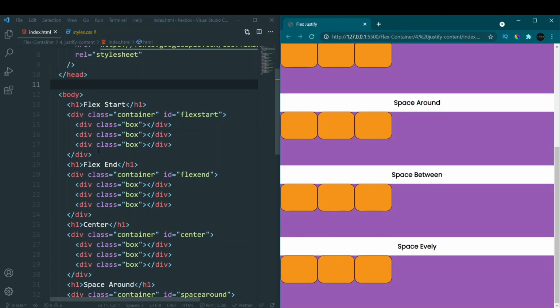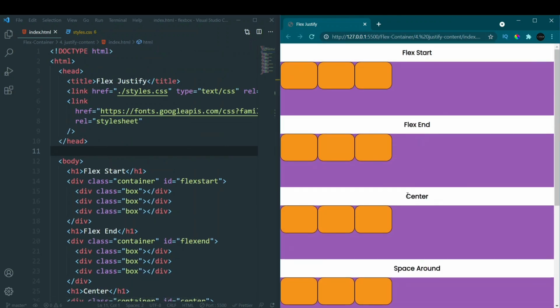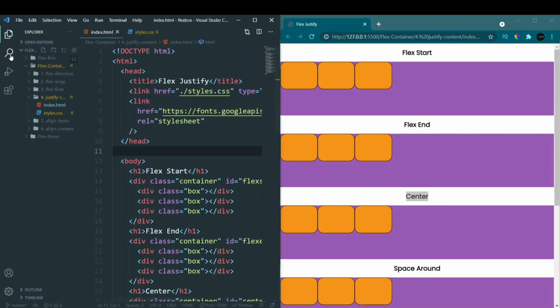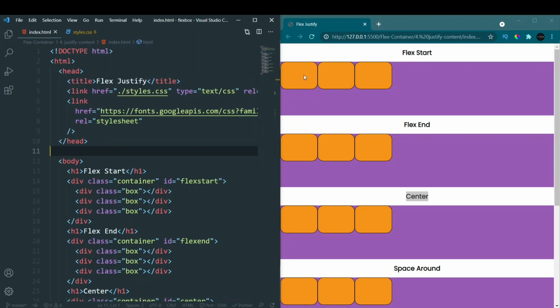Now again, we saw this center property when we created this first Flexbox folder. We saw the justify content property. Okay, so now we'll understand deeply what this justify content actually means. So the justify content property is used to align flex items. So these are our flex items. You can see these orange boxes. These are our flex items, and justify content is used to align them. Okay, it also helps distribute extra free space left over when all the flex items are inflexible or are flexible but have reached their maximum size.